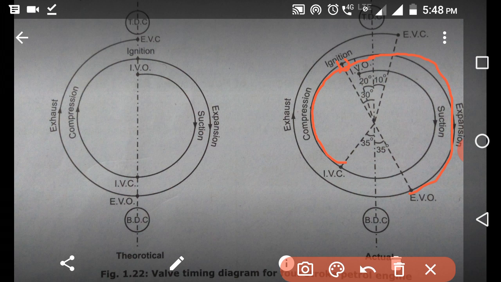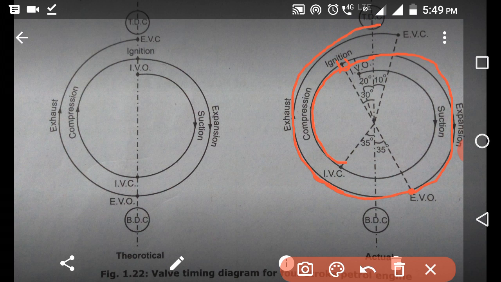So due to that the exhaust valve will open 30 to 40 degrees before the bottom dead center, and after that heat rejection will occur at constant volume exactly when the exhaust valve opens. Then the exhaust process will start because of the movement of the piston from bottom dead center to the top dead center, and it will expel the byproduct of combustion from the cylinder to the atmosphere.